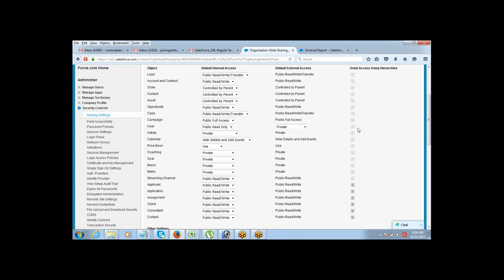So for all the standard objects, by default, if there is a role hierarchy in the company, if the company has enforced the role hierarchy, and if the data is public, then there is no need for the hierarchy at all. But if the data has been made private, then your manager will have access to that data and you do not have an option of removing this. Which means for all the standard objects, by default, if there is a role hierarchy, managers will have access to the data of their subordinates. They can see the private data of their subordinates also.